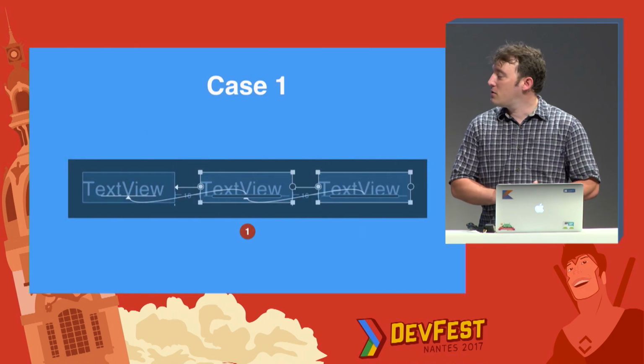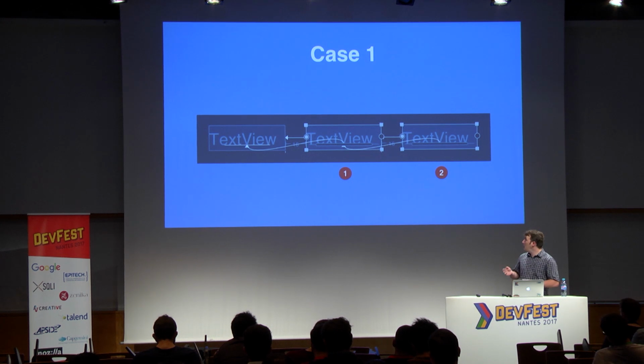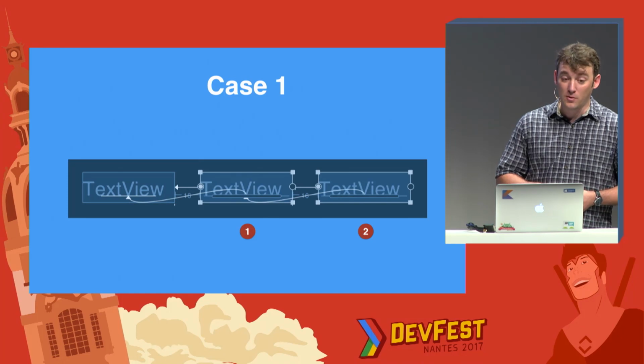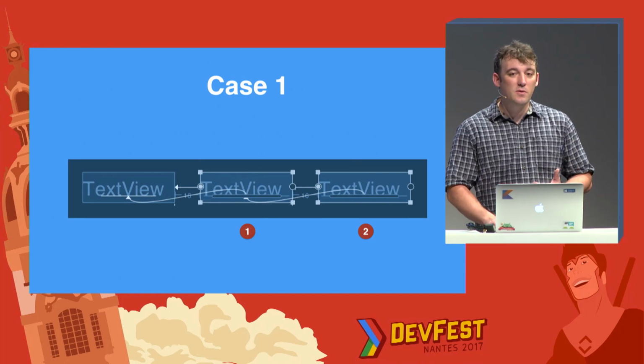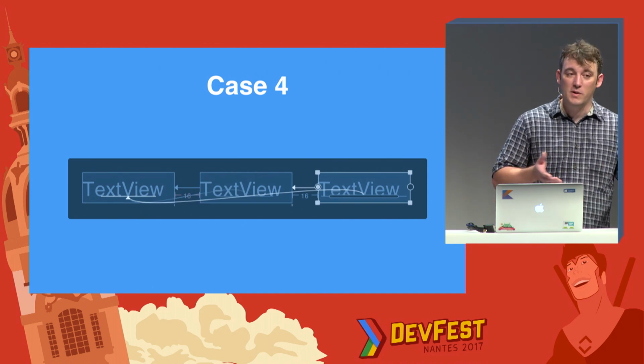I've seen this use case a few times, where you have a bunch of text views that are constrained one to another, and specifically the baselines are constrained one to another. There's no problem with that. It works perfectly fine, unless you decide to set the middle widget, number 1, to gone. In that case, the baseline is not going to be where you want it to be, and widget number 2 is not going to end up where you want it at all. In those situations, the simplest is to set all those baseline constraints to the one element that's not going to move.